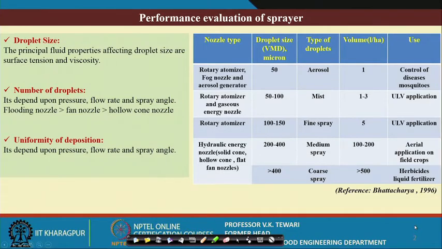When we talk of performance evaluation of a sprayer, you know that the items in a sprayer are the pump which develops the pressure, then you will have the boom, after that the lance, and then the cut-off device, I mean the start and stop device, and then the nozzle. The nozzle gives you different types of patterns which you require as per the requirement of the crop or as per the requirement of the infestation which has taken place in the field. So, here we will talk of the different parameters. Now, let us talk of